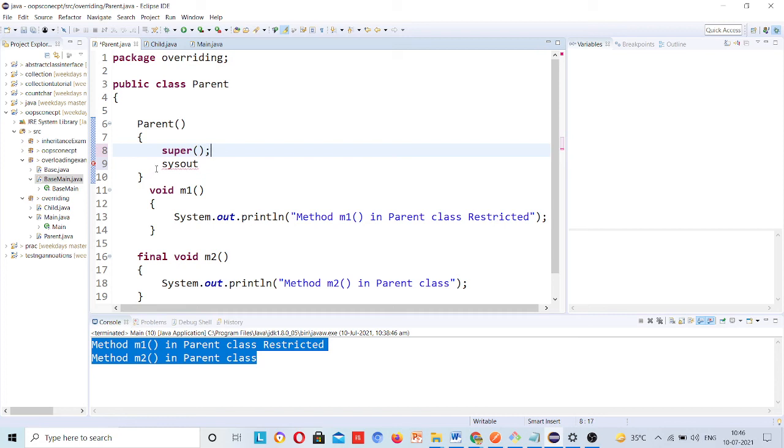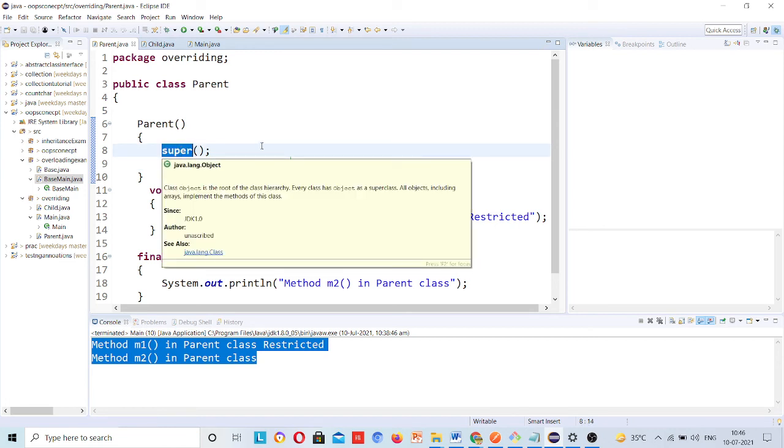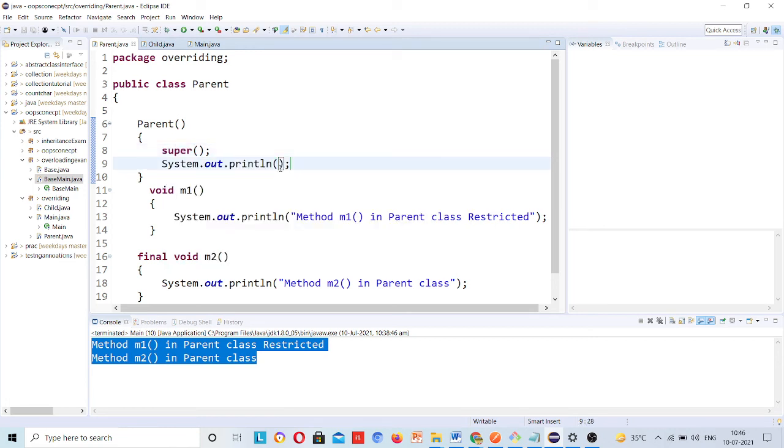I am repeating again and again because it matters for understanding. You may ask what this super is; leave it, I will come to that later. Here I will write super class constructor.